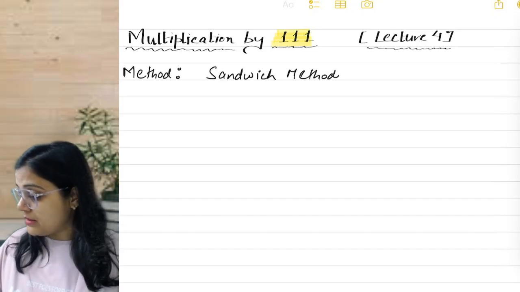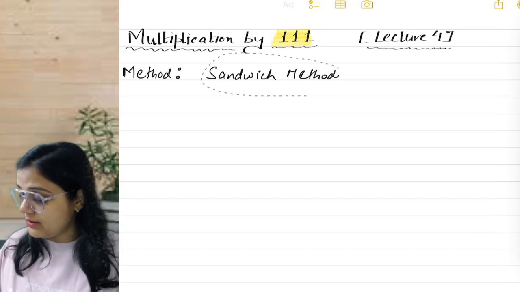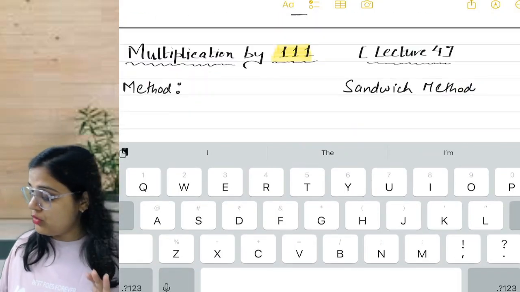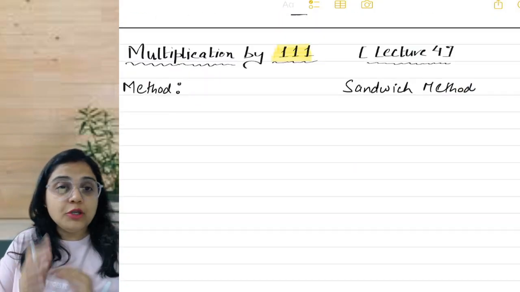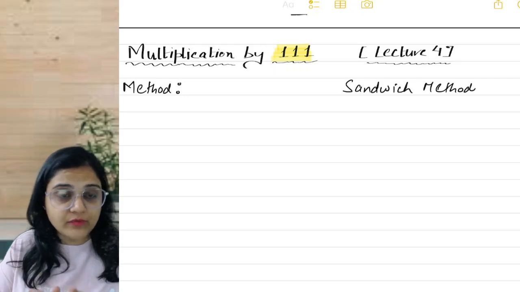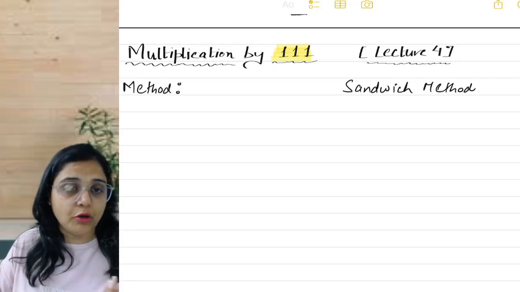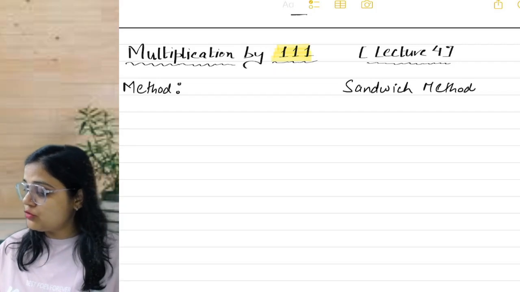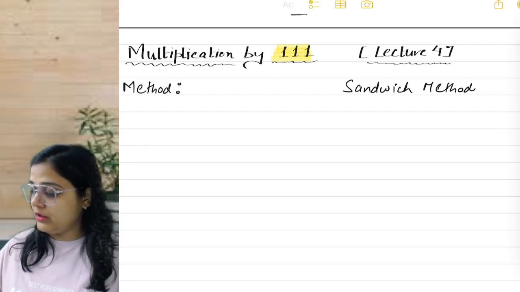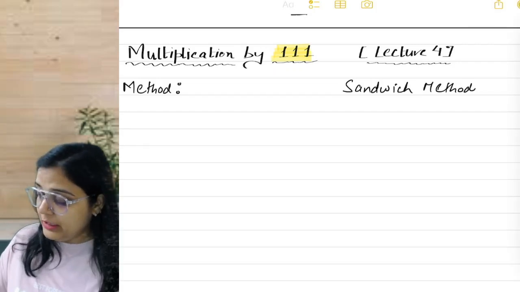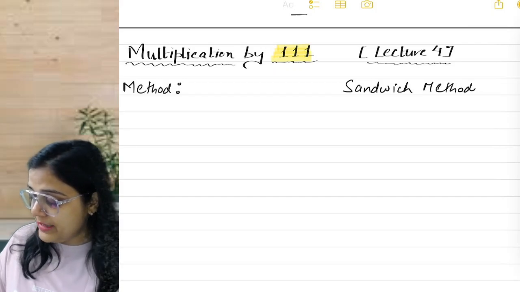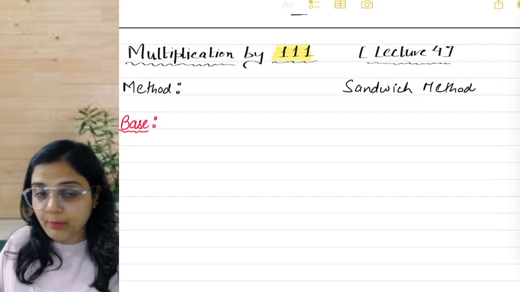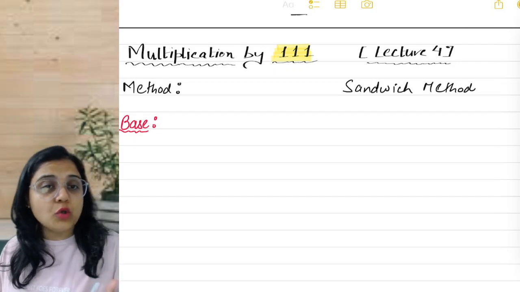But in this sandwich method I'm just leaving some space before this because I want to add some new words before that. All right, this will be a sandwich method but not the normal sandwich method that we did in the previous class. All right, so you need to understand one more thing. Apart from that, you need to understand what is the base here. Do you remember what the base is? What is called a base?